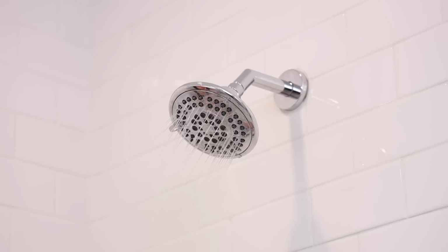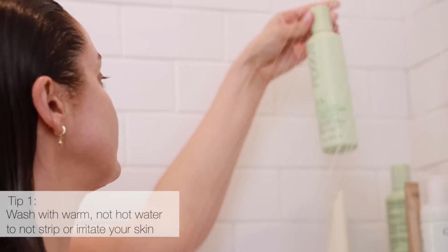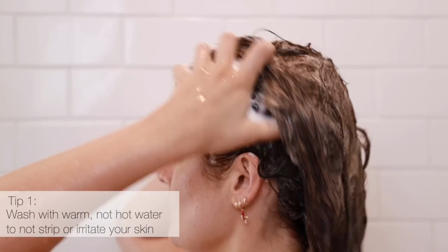So the skincare tips start in the shower. I'm often tempted to have a hot shower, especially as the weather starts to get cooler, but it's actually quite bad for your skin if you use really hot water in the shower. So stick to warm water. It won't strip your skin, and if you have color treated hair like me, it also helps to maintain the